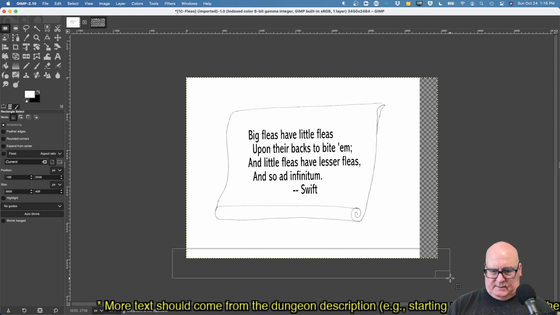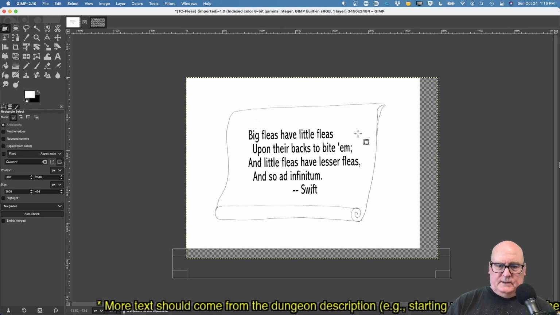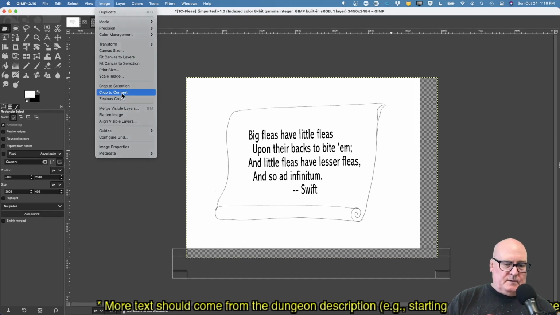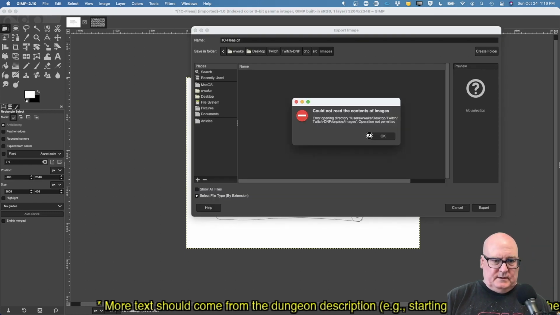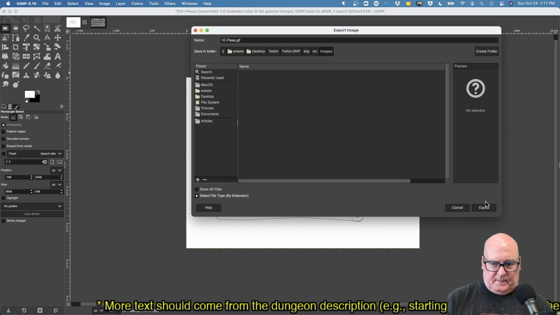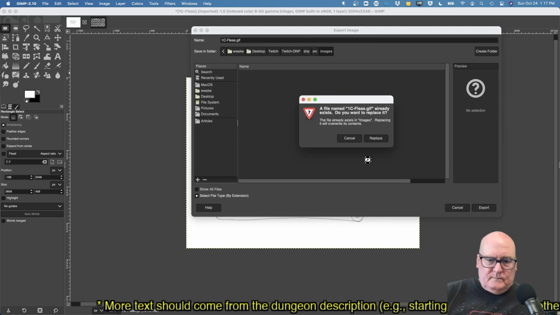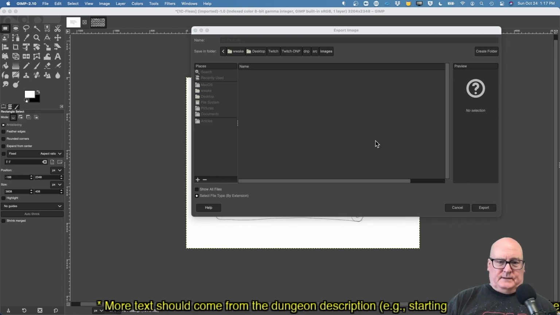Try to match the top to bottom a little bit. Crop to content. And let's export to fleas.gif.